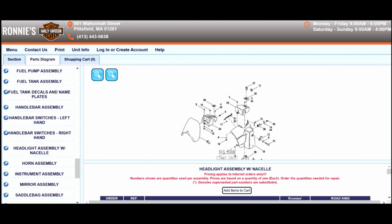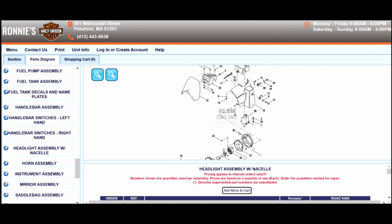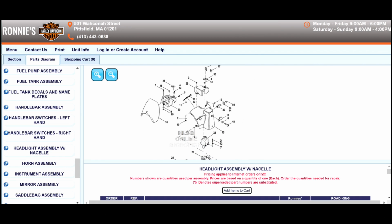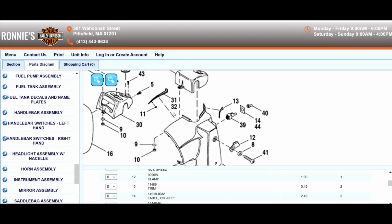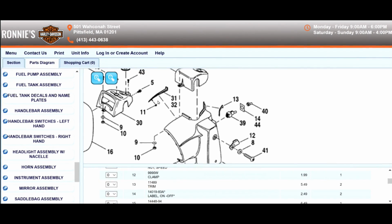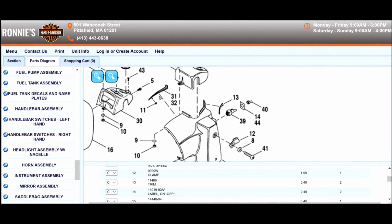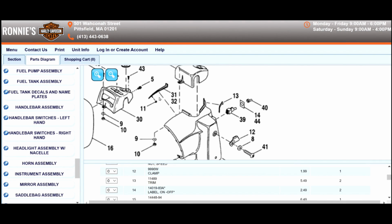But also, you see right here, this is the actual nacelle, the housing for the headlight. So this right here is exactly what I was looking for. This nacelle trim right here. Or I'll call it a sphere. I don't know what the technical name is. I done forgot that already because I've already bought it. But this is the part number. It says